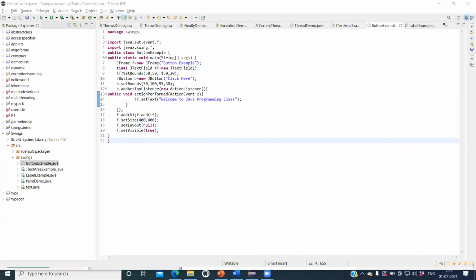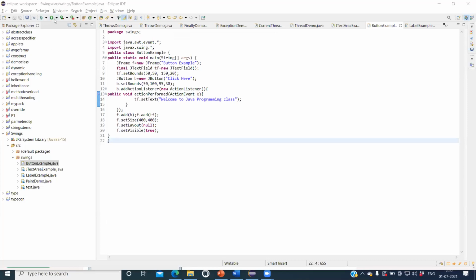See here, we just created one frame container. Inside that frame container, two components are there. One component is the text field component, and another one is the button component. Whenever there is a button event, that event is an action. If you press the button, it will perform some action, and that is done by using the action listener method. What it performs is that a text will be displayed in the other component. That is the main objective of this program.